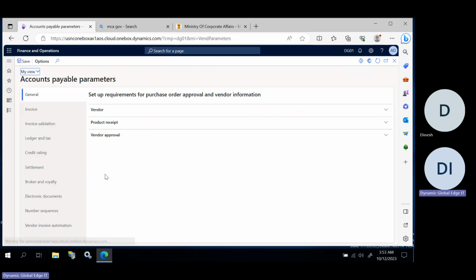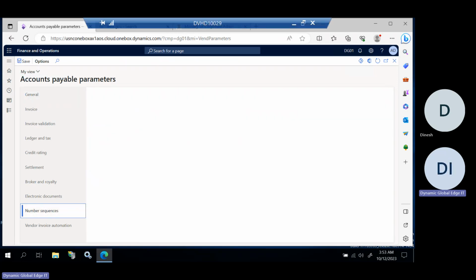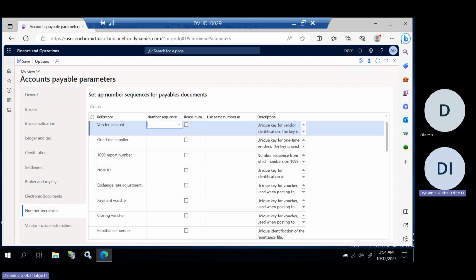By going through the parameters, at the bottom you can find the number sequence tab. By clicking on the number sequence tab, you can find number sequences. If number sequences are updated, it means for this entity the number sequences have been generated. If it is not updated,